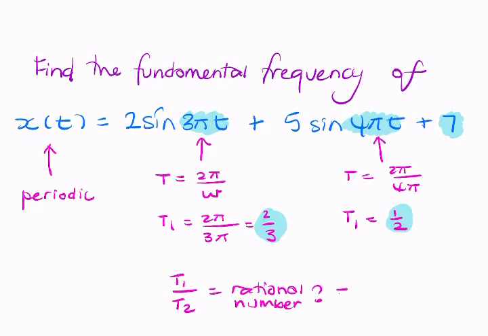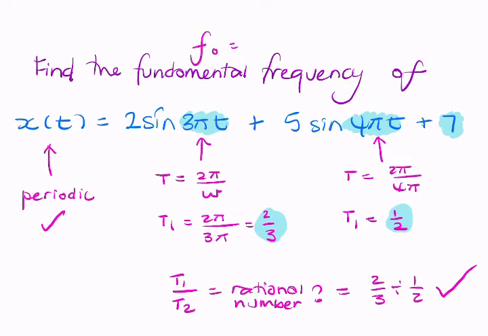So in this case, it's 2 over 3 divided by 1 over 2, and yes, that is a rational number. So yes, this is a periodic signal. So that's the first bit. We found that it is a periodic signal, so therefore it will have a fundamental frequency,